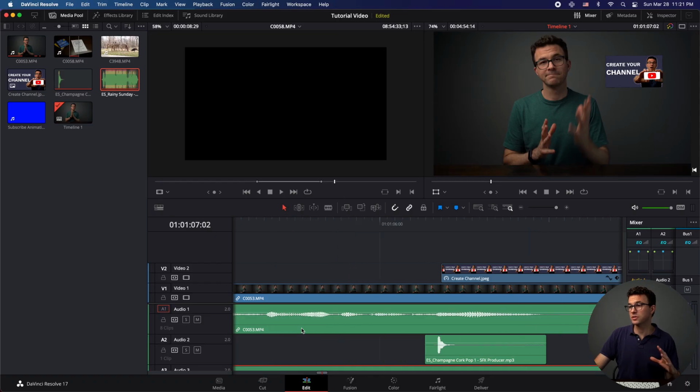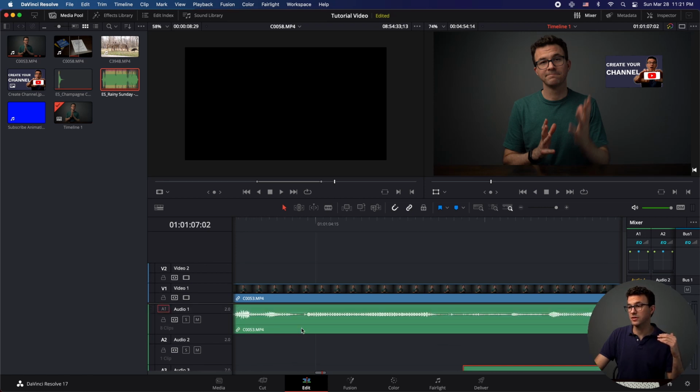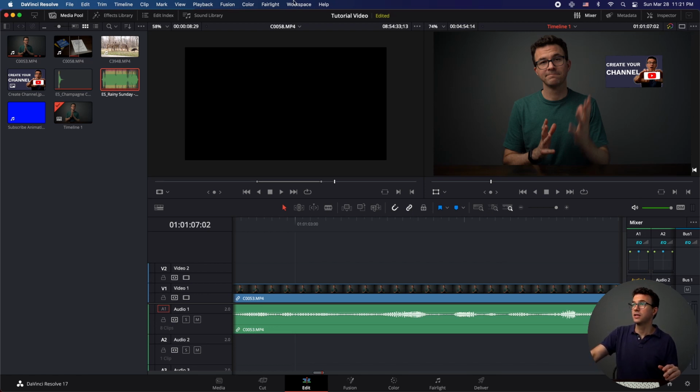Now an important thing to take a look at is the audio levels. Obviously this is a tutorial video, so maybe there's very slight music in the background, but you don't want it to be overpowering, where the music is so loud that you can't hear me. So you want to go through each of the things individually to make sure the audio is loud enough.